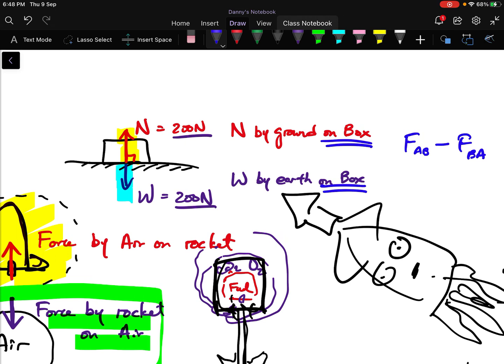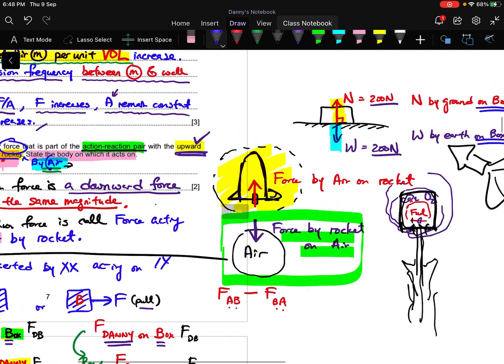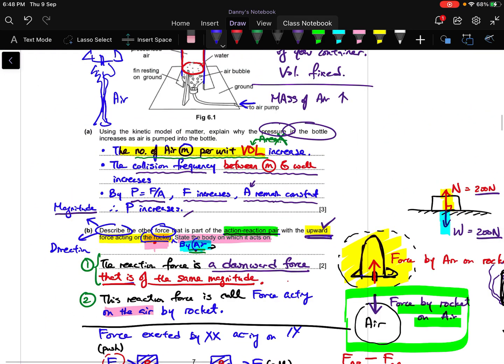So a rule of thumb is that if it is just a single free body diagram, there's no way that the forces appearing in it are an action reaction pair. Okay, so that's another rule of thumb that you should have. By the way, Newton's third law has come out many years. 2020 it came out, 2019 it came out, 2018 it came out. Cambridge knows that students are not confident about Newton's third law. It will come out in 2021. Okay, so do